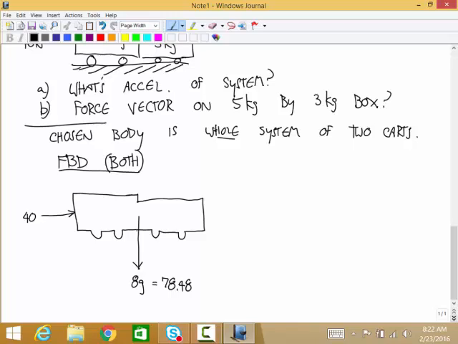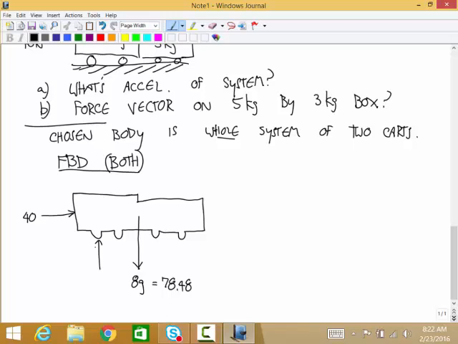And then there's contact at the wheels. There's 2 acceptable ways to do this. You could lump all the pushing contacts on all the wheels into a single force, or you could do it as a pushing contact on the 5 kilogram box and a pushing contact on the 3 kilogram box. I guess I'll break it up, but if you wanted to just call it one pushing contact, that would be fine. Later, when we're done doing particles, you'll have to do it on each individual wheel. Yep? Shouldn't you also break up the weight if you're going to also be breaking up the ground pushing contact force? You could do that, yeah.